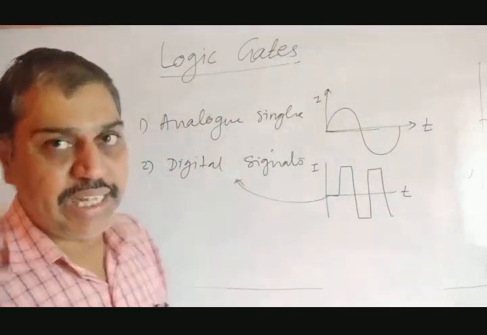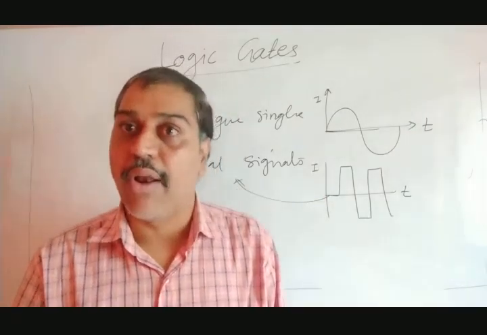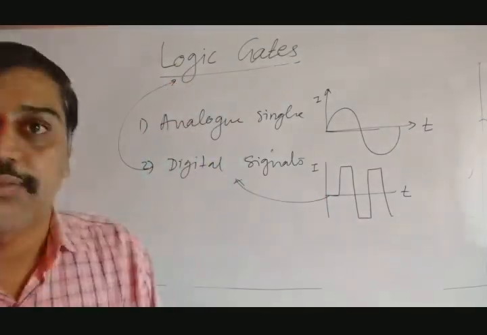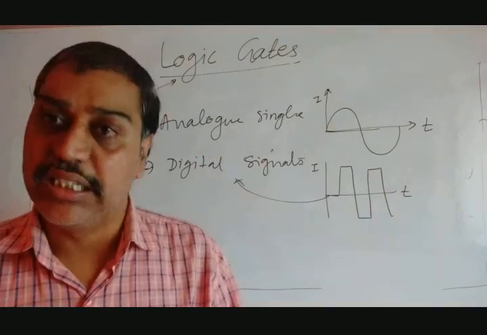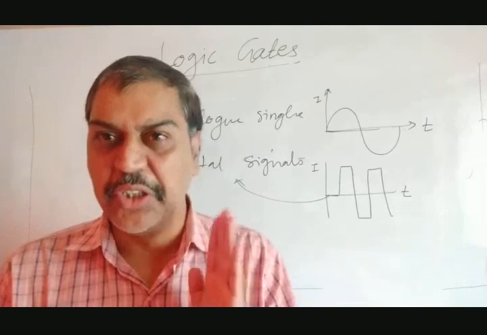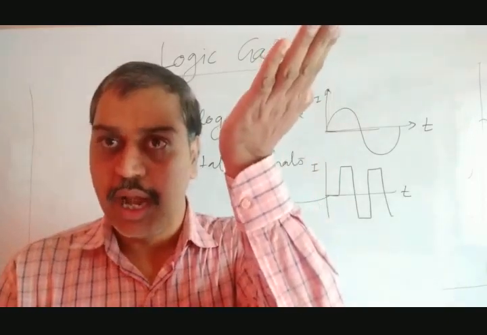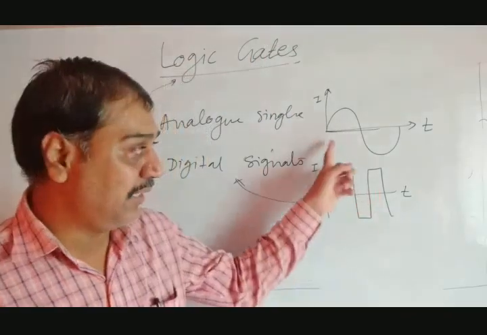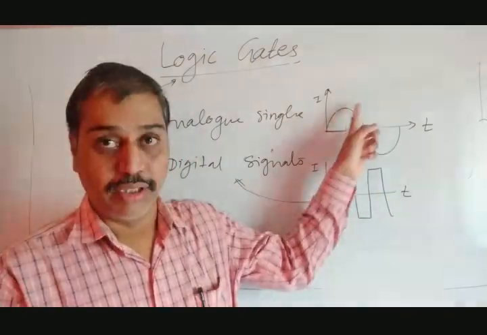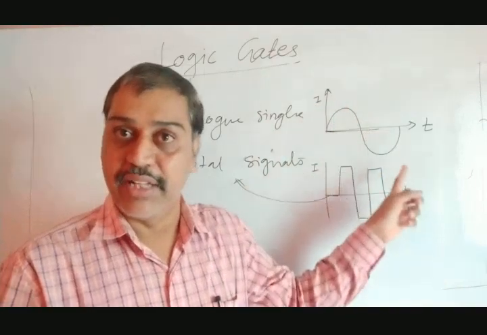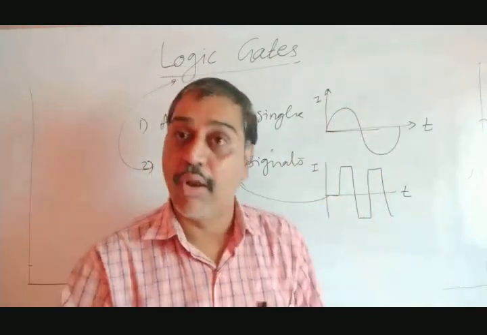And these logic gates do not work on analog signals, they will work on digital signals. That's why it is very important to understand what digital signals are. Time-varying signals, but suddenly, instantly they go to high, instantly remain constant and instantly come to low. But in AC, it is continuously varying. It never suddenly falls, never suddenly grows up. It is continuously increasing. So that is nothing but analog and digital signals.